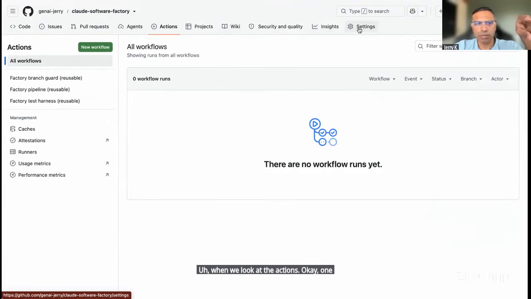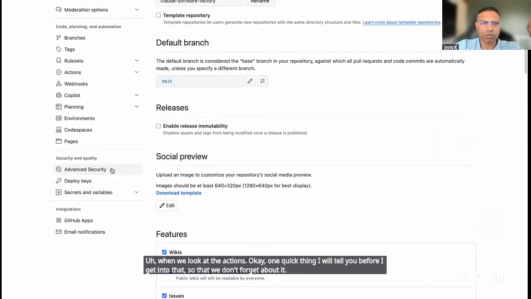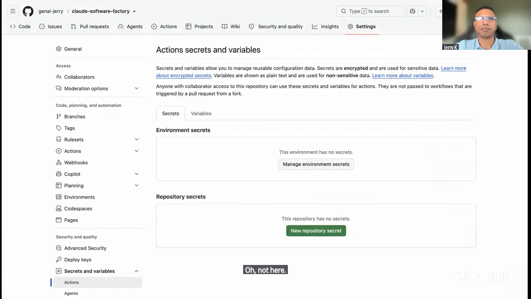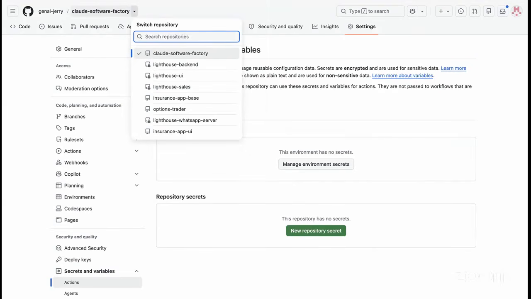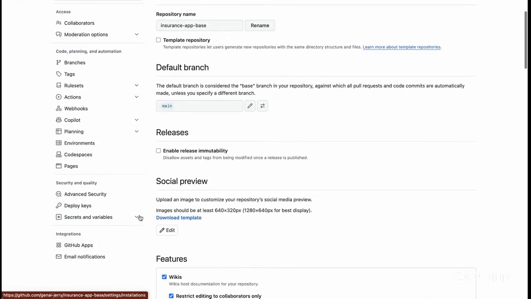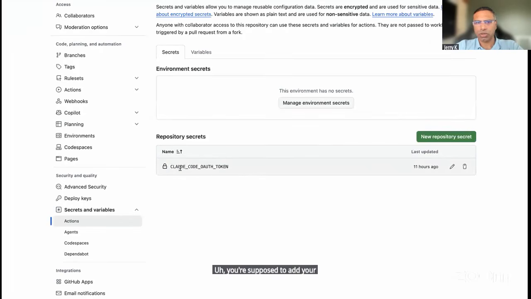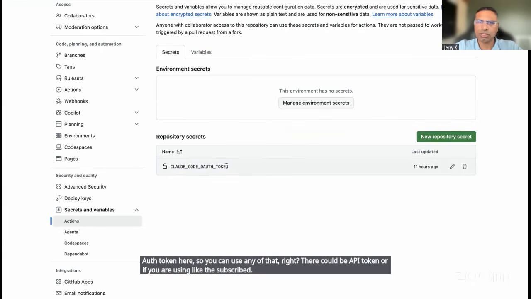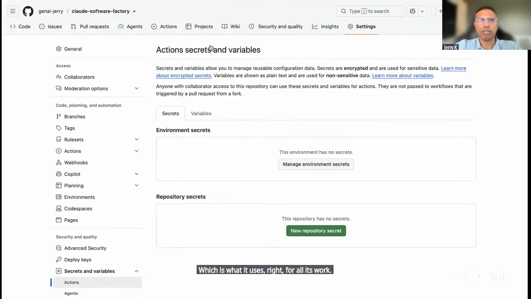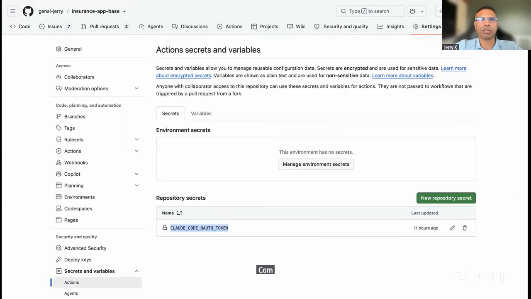Okay, one quick thing I will tell you before I get into that so that we don't forget about it. What you're supposed to do is add your auth token here. You can use any of that. There could be an API token, or if you are using the subscription, then you can generate an auth token and set it up here as a secret, which is what it uses for all its work. So when it is coming to actions here,